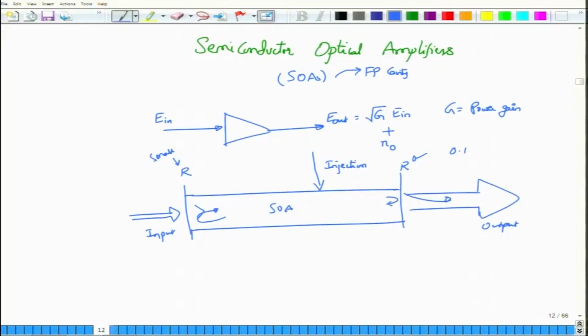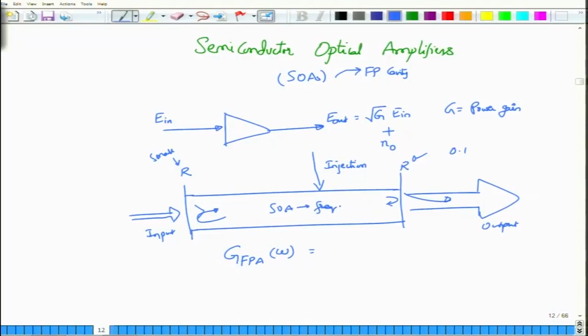So, what we are now going to do is not to go back to the semiconductor basics. We have already looked at that theory enough. Whatever we have said about lasers, most of that also applies to the semiconductor optical amplifiers. But what I am interested in is to look at the amplifier gain as a function of frequency omega. Do you first of all agree that this will be frequency dependent? Well, it will be frequency dependent, because the SOA material itself is a frequency dependent